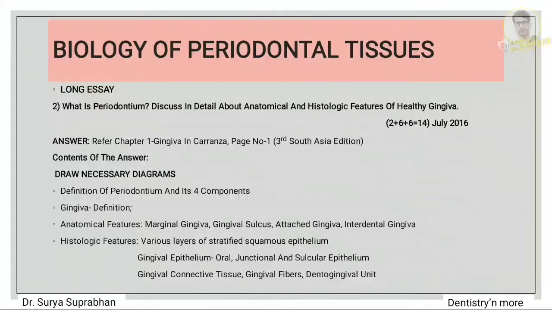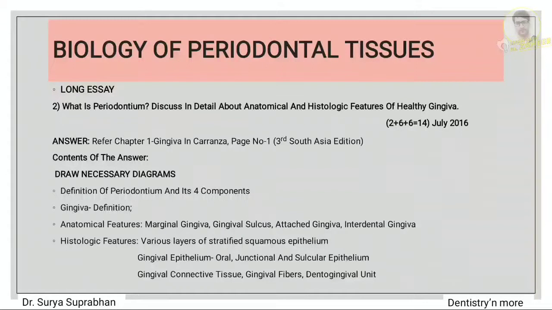Now coming to the second part, that is the histologic features. Histologic features are nothing but the microscopic features of the gingiva. So in this part of the question, you have to add about the various layers of the stratified squamous epithelium, that is the stratum corneum, basal, etc. You have to write in this part. And then once you have mentioned about the 4